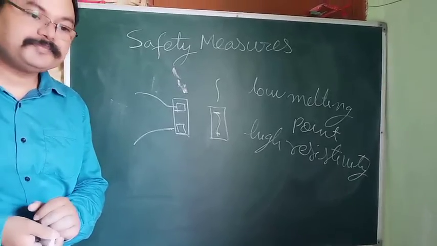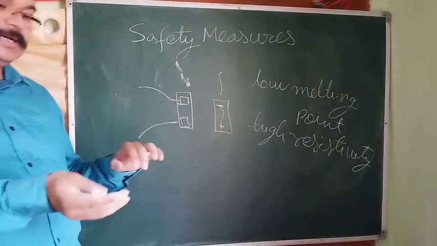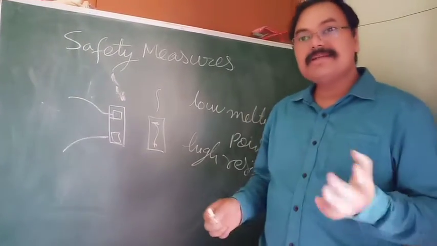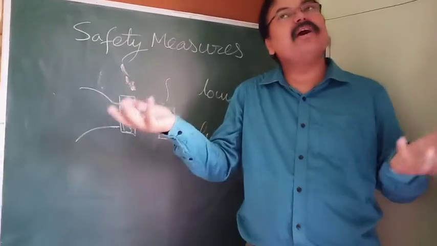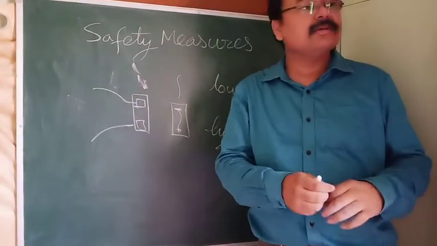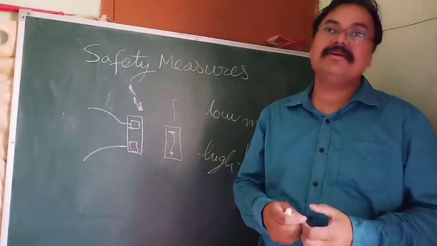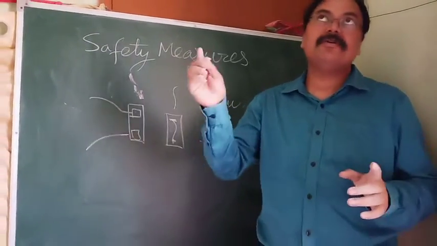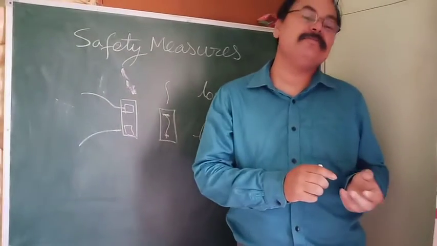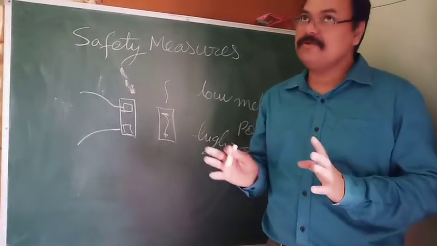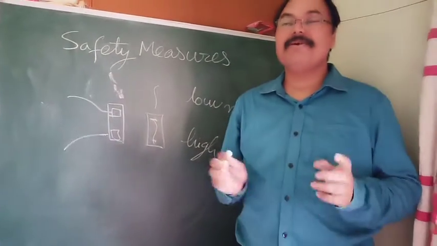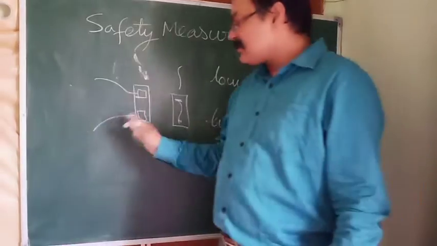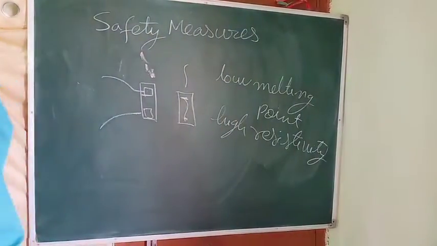One more thing. As we have already discussed the positives of parallel combination and negatives of series combination, now the question arises how the circuits are connected in our house or in the school or in the cinema halls or in the factory industries. See, the connection is parallel combination. Remember this. That's why, if you switch off one bulb, other bulbs don't get switched off. If one bulb is fused, other bulbs are still working, because they all are connected in parallel combination. So this was another safety measure, that is fuse. Now let's go for the next.